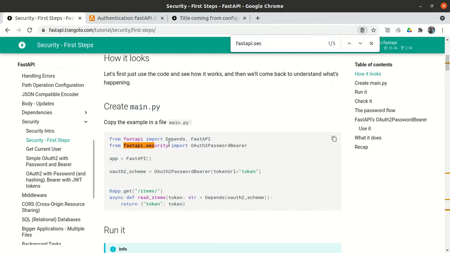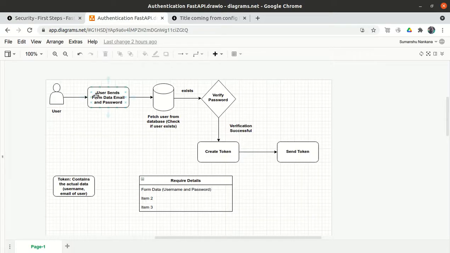All these third party modules exist in FastAPI.security. Okay, that is fine. So we know these things. We don't have to write one input tag, one HTML code to develop a form which will take a user ID and the password. We will just write 2 lines of code, and automatically we will be able to see it.